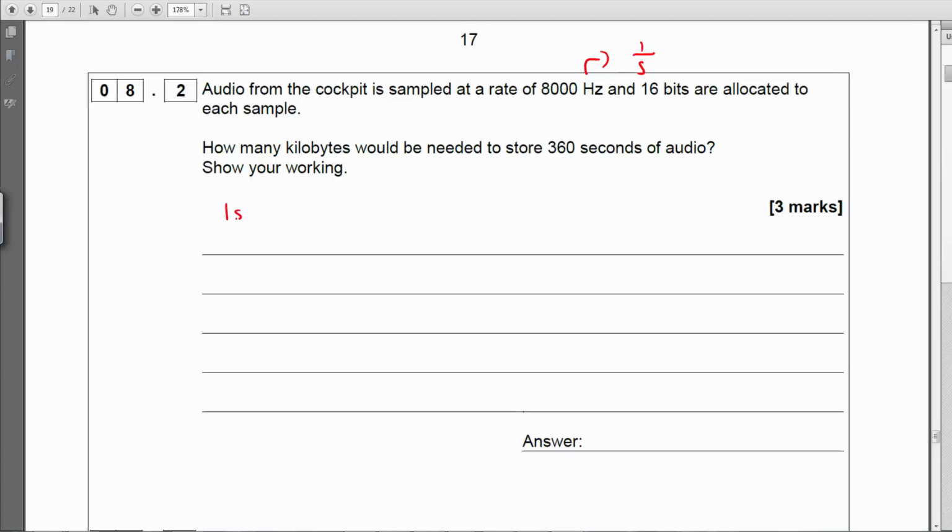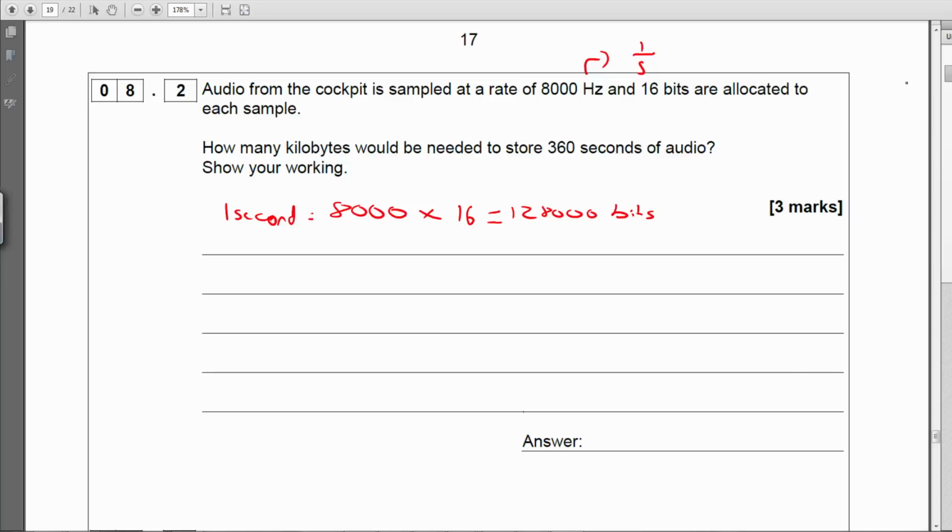So for 1 second, there's going to be 8,000 samples per second, each using 16 bits. So it's going to be 8,000 multiplied by 16, and this is going to be 128,000 bits stored in 1 second. And if we try and convert this to kilobytes at this stage,